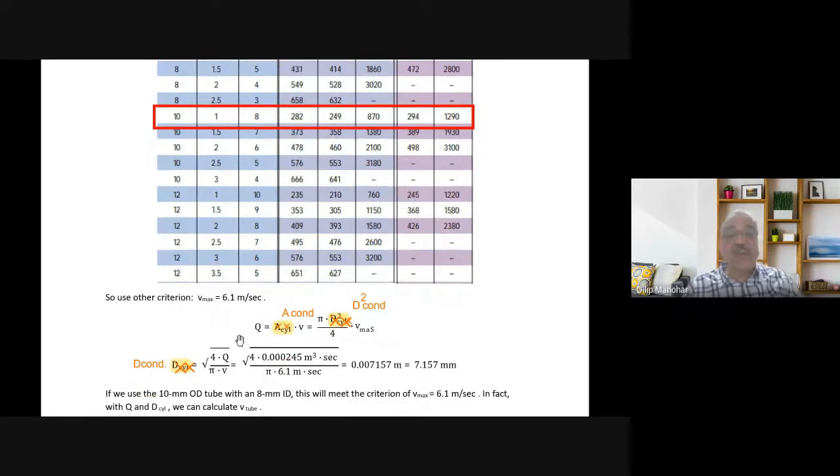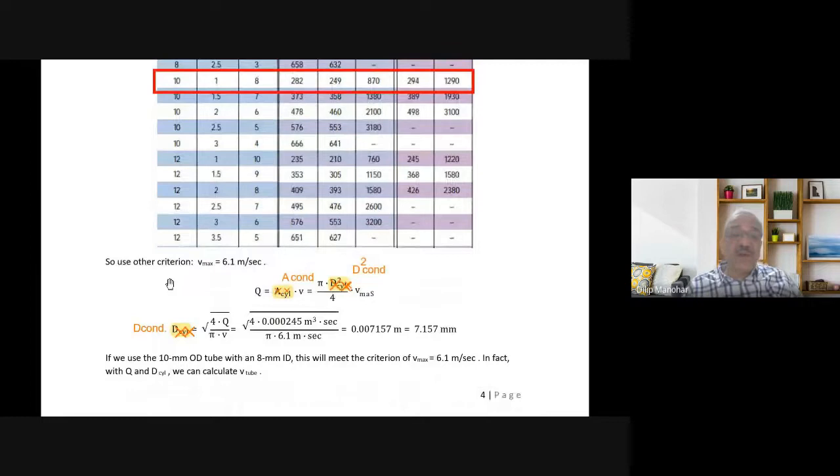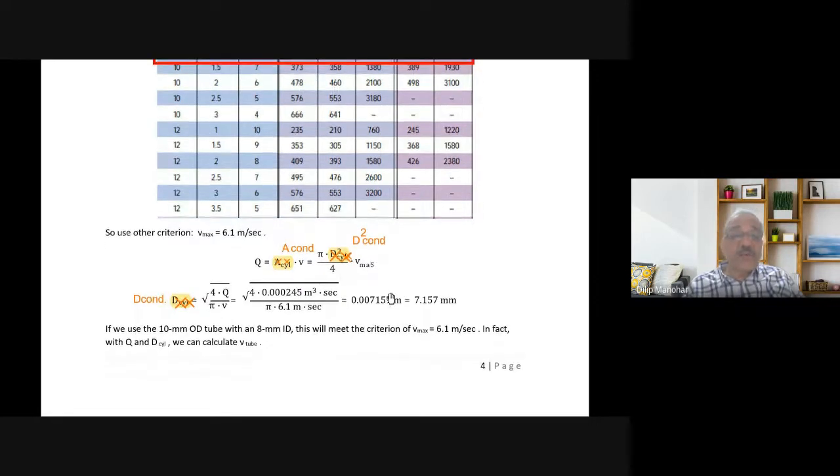Let us see now what it gives with Vmax as 6.1 meters per second. So Q is equal to area of conduit into velocity. Here also there are some printing mistakes, so I'm correcting them. Area of conduit into velocity is pi by 4 into diameter of conduit squared into Vmax. Q is known, velocity is known, 6.1. You calculate the diameter of the conduit, which with this velocity comes to about